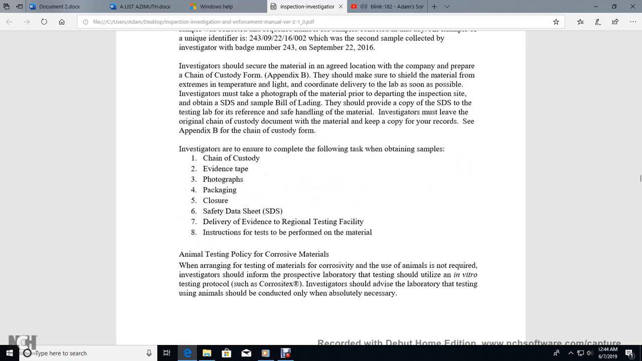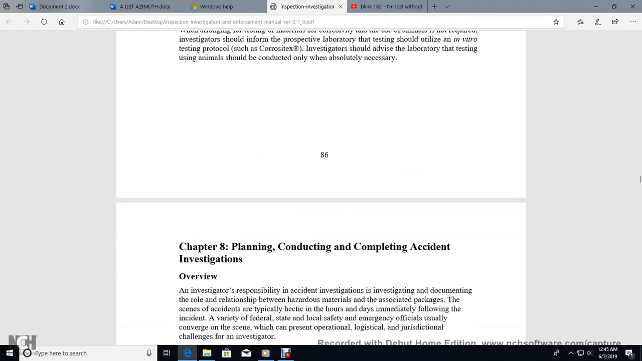Investigators should verify completeness of the following tasks: obtaining the samples, checking the code for the evidence tape, photographing the packaging closure, safety data sheets, and delivery to the regional testing facility. Animal testing policy for corrosive material: when arranging for testing of the material, corrosivity testing using animals is not required. Investigators should inform the prospective laboratory that testing should be utilized in accordance with the testing protocol. Laboratory testing using animals should be avoided, used